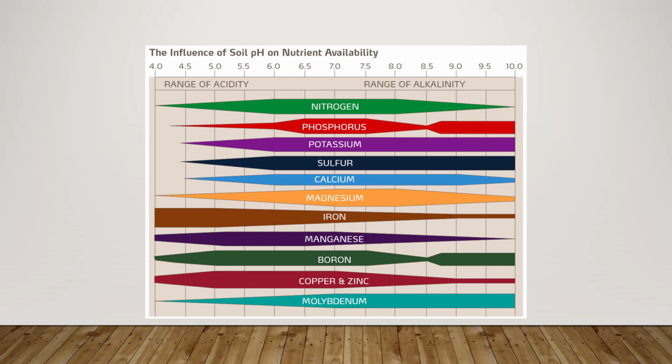And I was just mentioning acidic soils and availability of nutrients. So you may have heard that a good pH for plant growth would be 6.5, and if you look at 6.5 and up to 7, you'll see that the bands of the nutrients are fairly broad all the way down. That means those nutrients are available to the plants. If you look down at iron, you can see it gets broader as the soil becomes more acidic. So that's what I was mentioning. If your soil pH is too high, you will get an iron deficiency for your acid-loving plants.